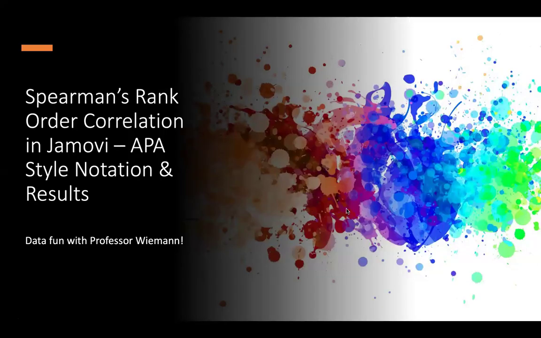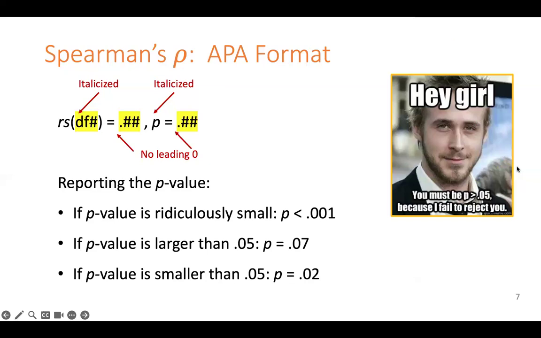In this video, I'm going to talk about how to write out the results from a Spearman's rank order correlation in Jamovi, or from Jamovi output, into APA style. And I'm going to show notation and then results. Something to note for results is that there are some different ways of writing it. So this is just one example of how you can write it, but I'm going to highlight what information you